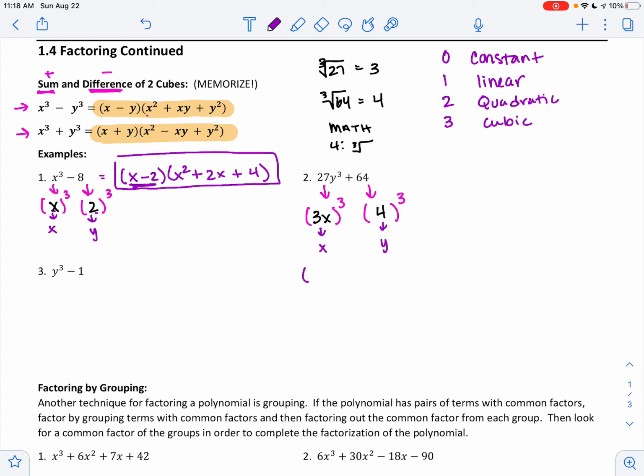I'm going to have x plus y, so it's going to be 3x plus 4 times x squared. So x is 3x. 3x squared would be 3 squared times x squared, which is 9x squared,